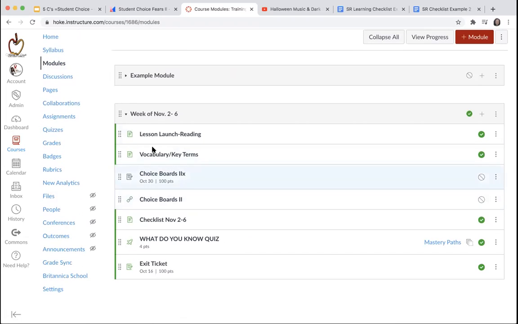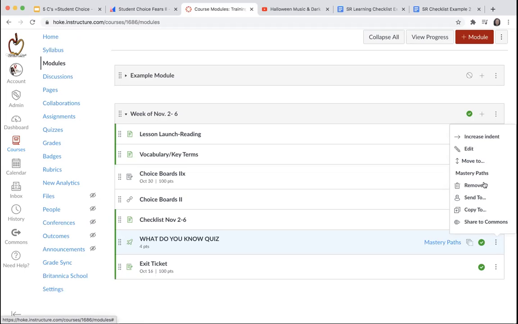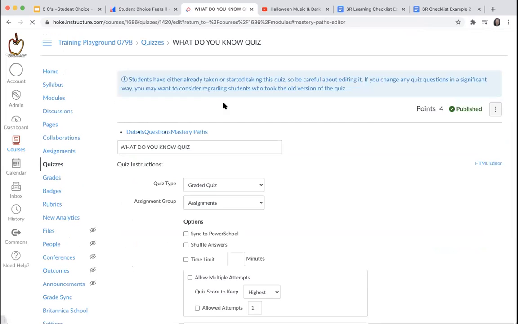All right. And so once again, I followed the flow of my module. Now I need to find out what they know. And that's where I build a mastery path. And so earlier when it wouldn't give us the certain points, it's because that one was worth 4 points. So it was telling me my points was too low. Okay. So once I build it in there and I've got my mastery paths,